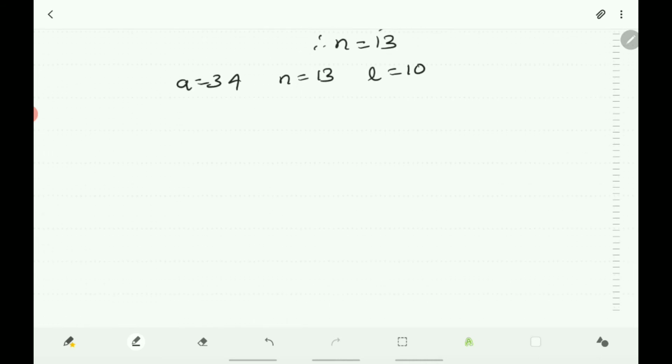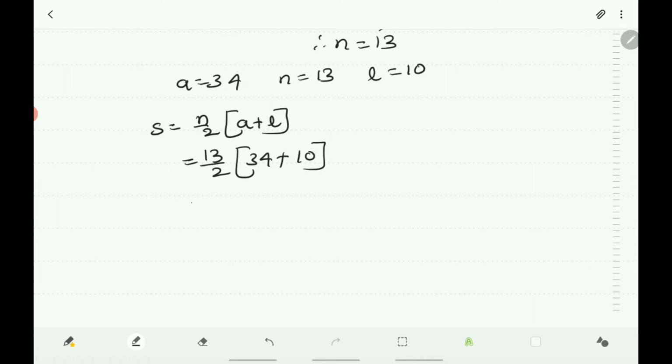Use the formula S is equal to N by 2 into A plus L. N is 13 by 2, A is 34 plus L is 10. Then 13 by 2